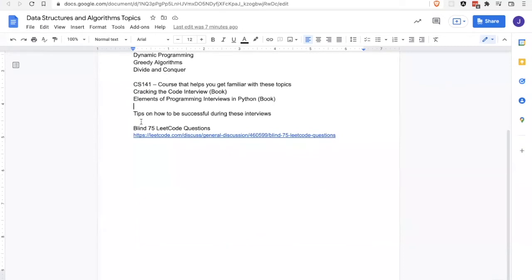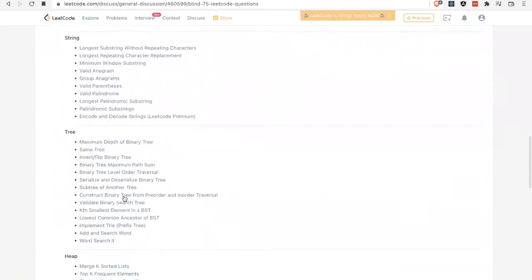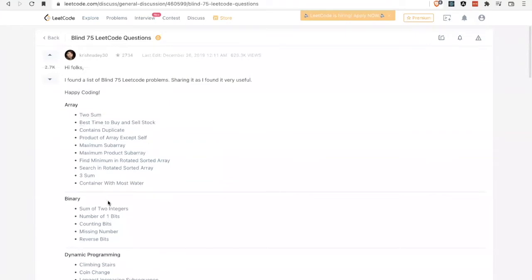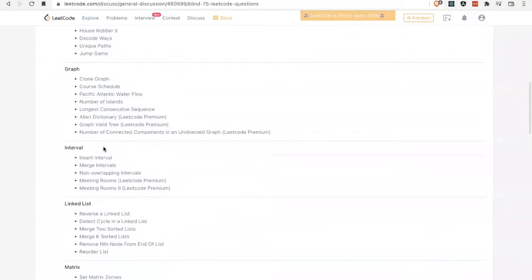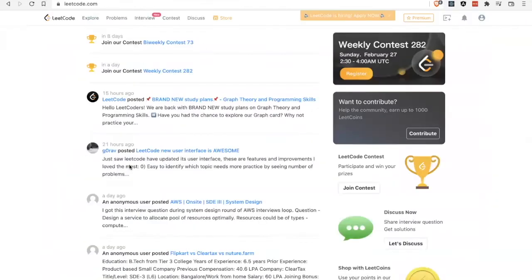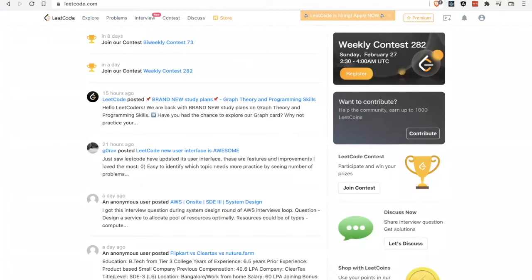And then there's the Blind 75 LeetCode Questions, which are the problems that most other LeetCode problems are based on top of. So I've heard as long as you can solve most of these, you can pretty much solve almost any other problem as well. To start out with, we'll be on the homepage of the LeetCode website. You can see a timeline of a certain feed and posts as well.